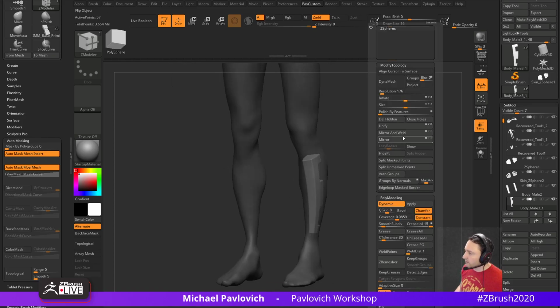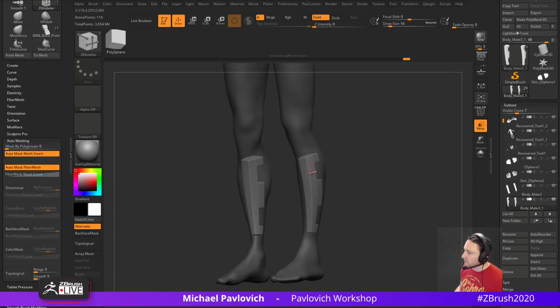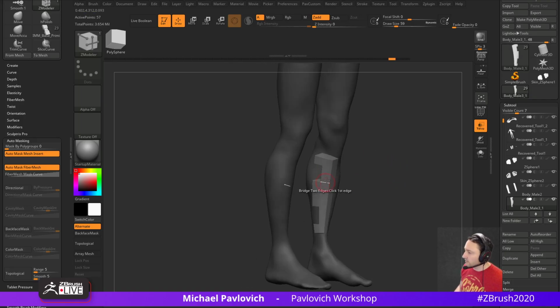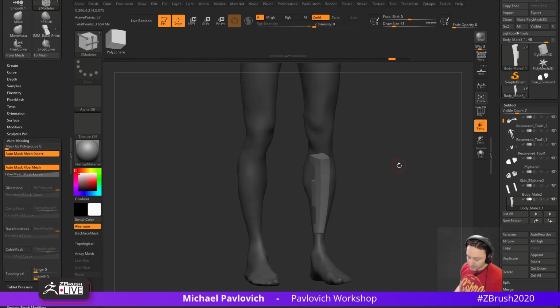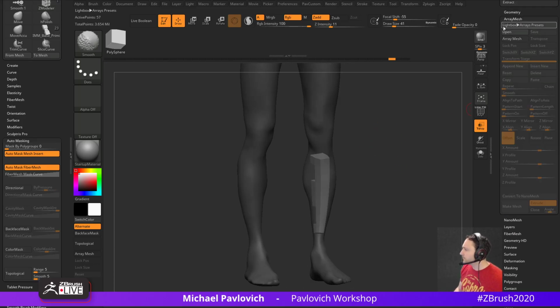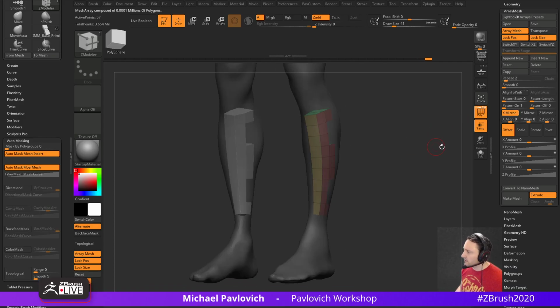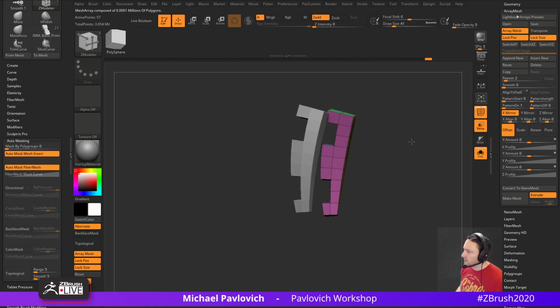Now, like I said before, we could just do a mirror and weld across the x-axis and put this over here. Now we have X symmetry turned back on. Or if you just want to work on this side and do any modeling in here, that other side's going to get in the way. What I would suggest is going down here to Array Mesh, lock position, lock size, reset, mirror in the X, and then we just have an array mesh sitting there. So if you want to make any changes and it's getting in the way,